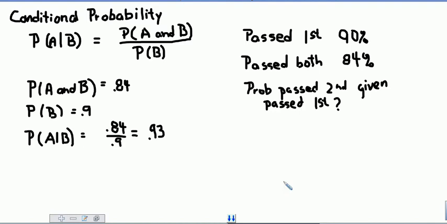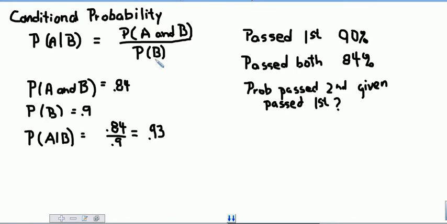Conditional probability. Conditional probability means that something happens given something else has already happened. When you see this straight up and down line, that's conditional probability. We're wanting the probability that A happens given that B has already happened. And the formula for that is the probability they both happen over the probability that this item right here, this